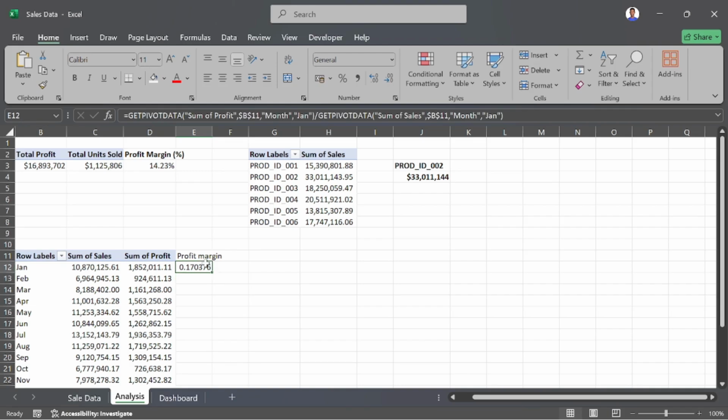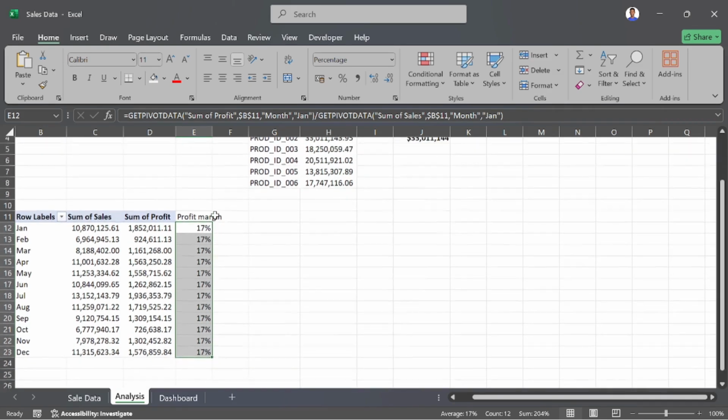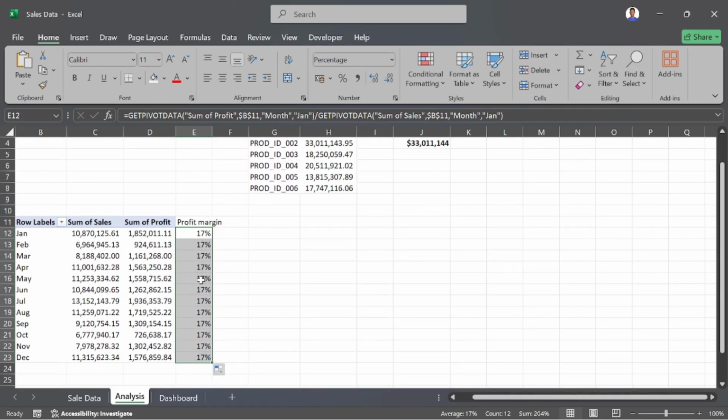Okay, so once I have this, change it to percentage and have it in just 1%. It's okay. Now the reason why it's repeating is because I'm using GETPIVOTDATA. Okay, now if you don't know how to use GETPIVOTDATA, or if yours is not coming,